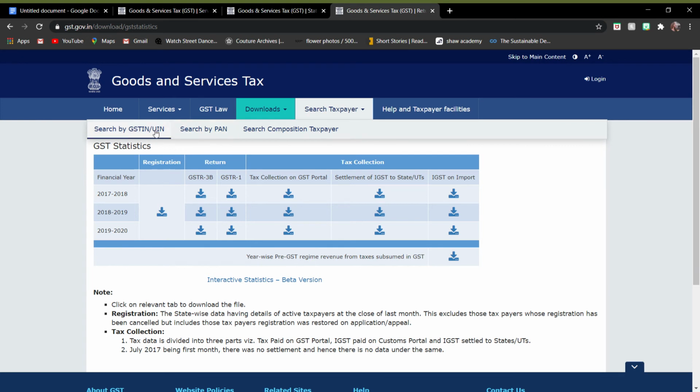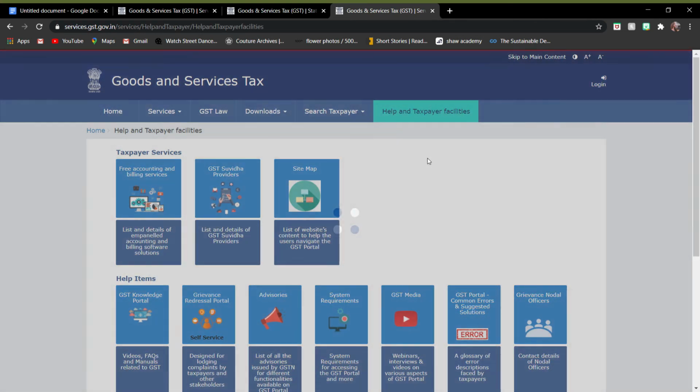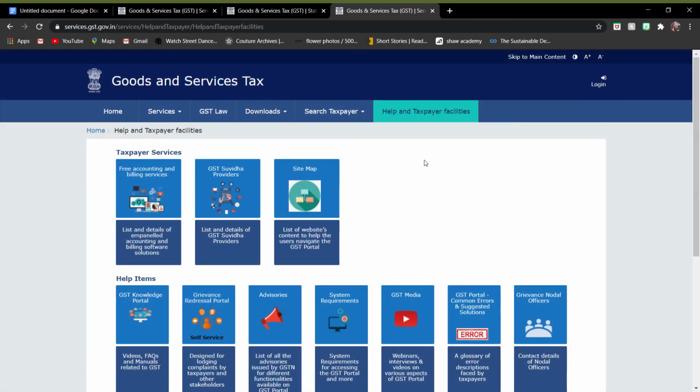And then next comes the search taxpayer option. Here you can search by the GSTIN or UIN, then search by the PAN card, and then search the composition taxpayer. Then help and taxpayer facilities. This page will particularly help you. There are help items and the taxpayer services.